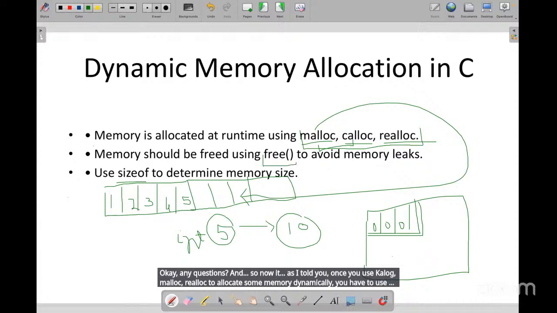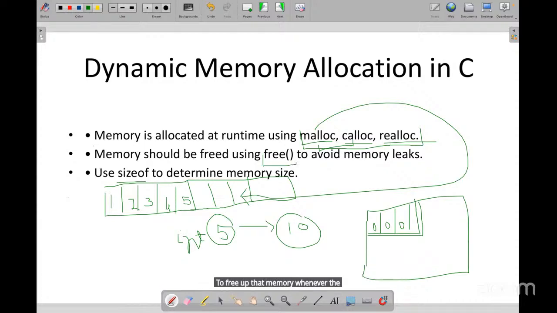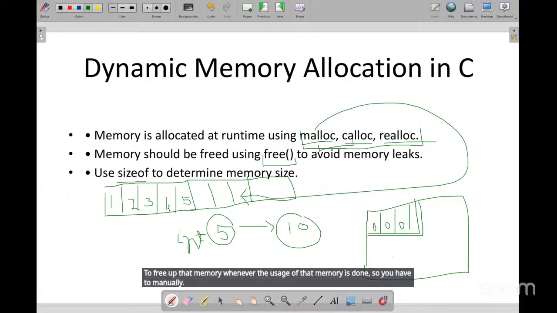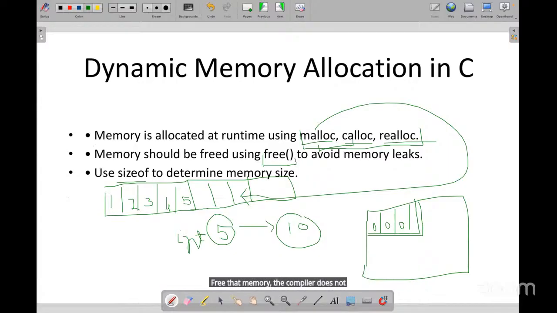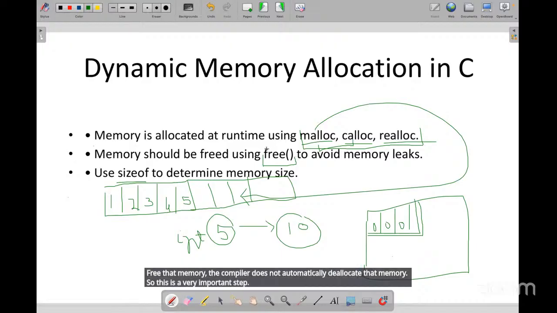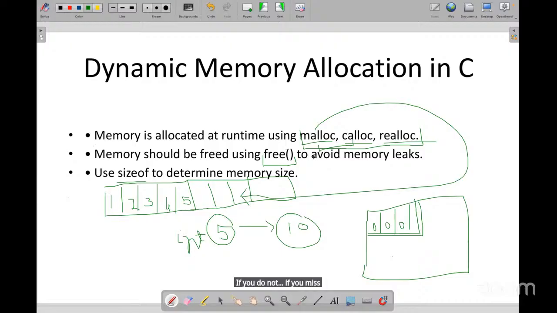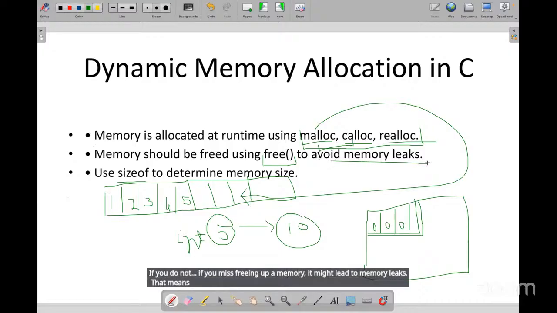to free up that memory whenever the usage of that memory is done. So you have to manually free that memory. The compiler does not automatically deallocate that memory. So this is a very important step. If you miss freeing up a memory, it might lead to memory leaks. That means that memory will never be deallocated and it cannot be used by some other program,